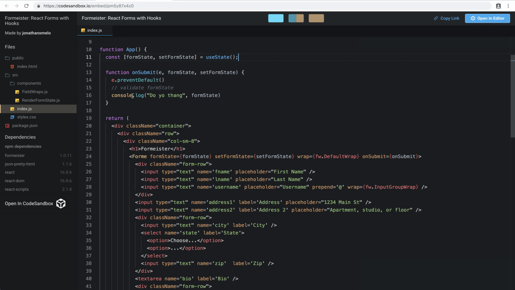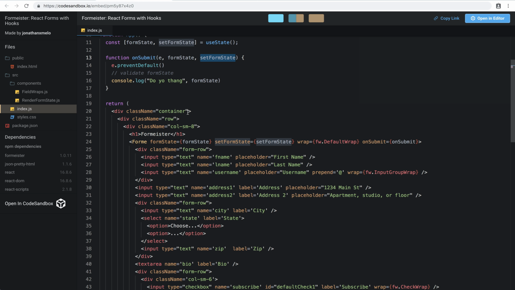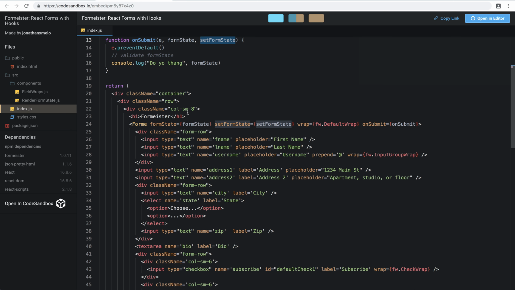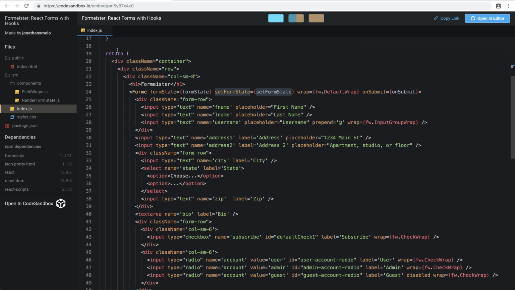We initialize state, then we have a submit function, and on the submit function we get an event, and we also get our form state and set form state. Once we submit and everything is good, you would want to use this function to reset the form state to blank, basically. Then we go to the return, and we're using Bootstrap. This is just Bootstrap